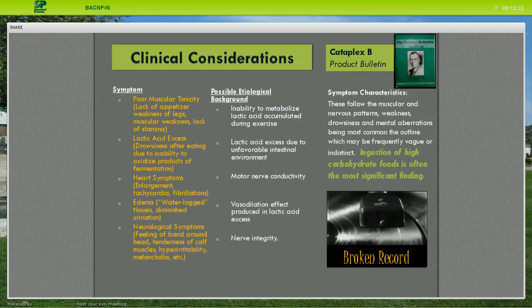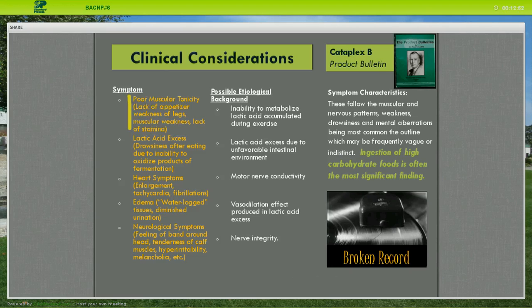So where did we get this information? We got this information on Cataplex B, or at least I got this information from the product bulletin. The product bulletin, of course, is a book that basically goes through each of the supplements that was created by Standard Process and Royal Lee, and it gives you some insight as to how that product works. So what I've done is I've copied the product bulletin, and then I've highlighted in this yellow and later in a blue-green some of the text that I think is pertinent to the information that we're